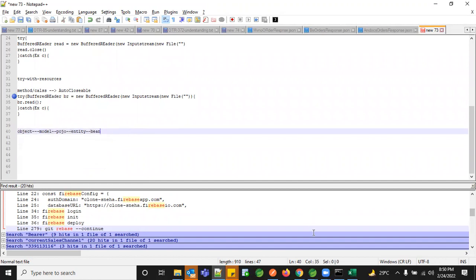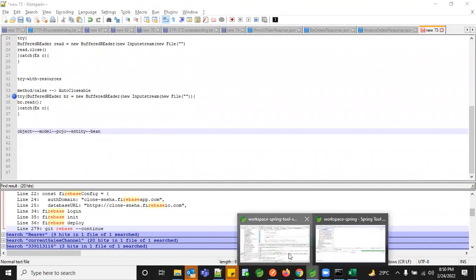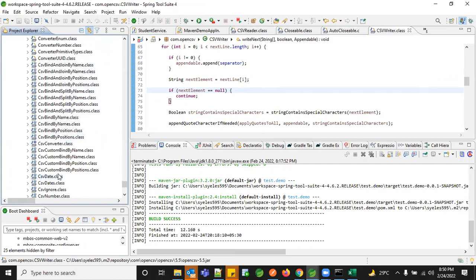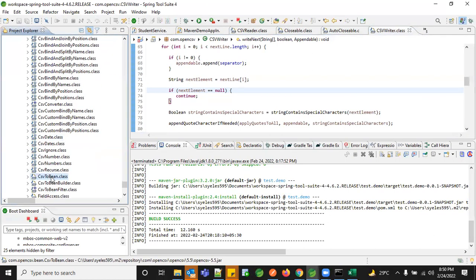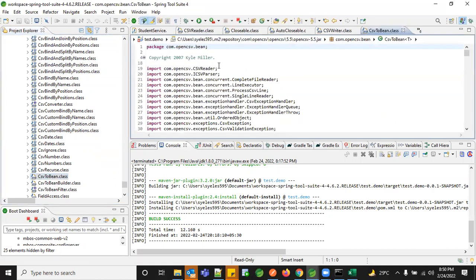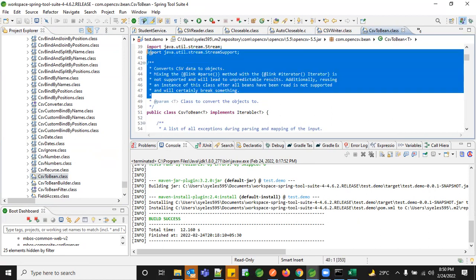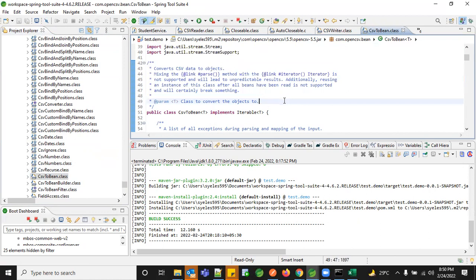So what OpenCSV is giving us is a platform to convert everything from CSV to bean as an actual object, and then vice versa. For that, we have something called CSV to bean. So whenever we get a CSV, and if you have a relevant bean or a model class or any kind of Java class, basically the POJO class, we use that and convert everything. And this is where the entire parsing is taken care of by OpenCSV. You don't need to write your parsing logic here.